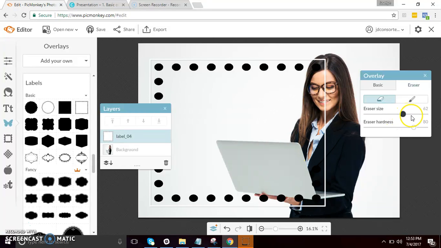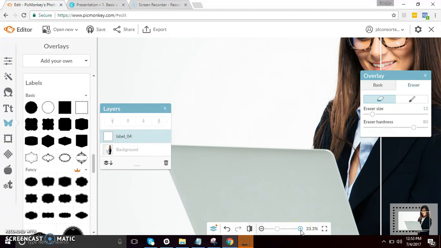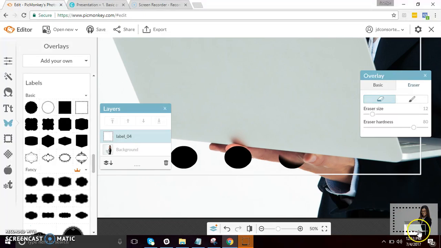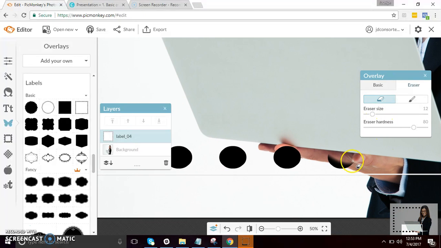You can change the size to make the erasing faster, but in this area it's too small. You can change the size again, and let's zoom in by clicking here, drag it to the area and erase. This one is tricky. It takes some patience, but you'll get used to this. So you don't need Photoshop now to do this.